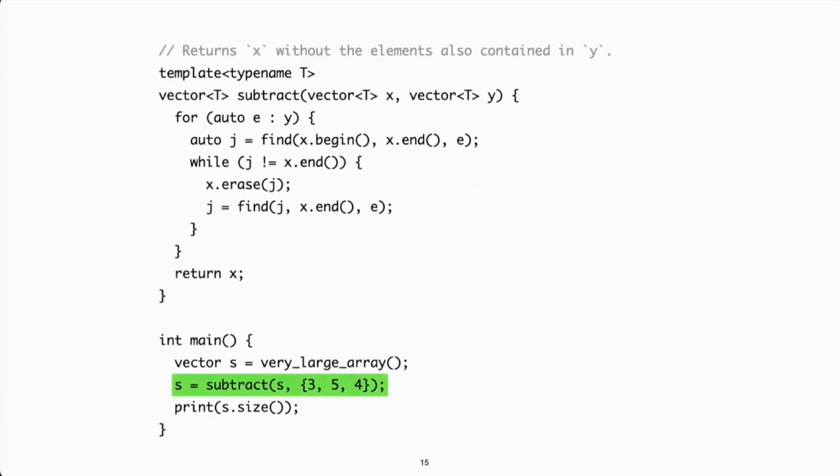Here, for example, it's quite expensive to allocate a whole new storage to copy S, which presumably is quite large, right? It's the result of a very large array operation. And we will destroy the storage right after the subtraction to reassign it to S. By the way, you may notice that this statement here is a functional update, right? It's the classical way one implements mutation in functional programming languages.